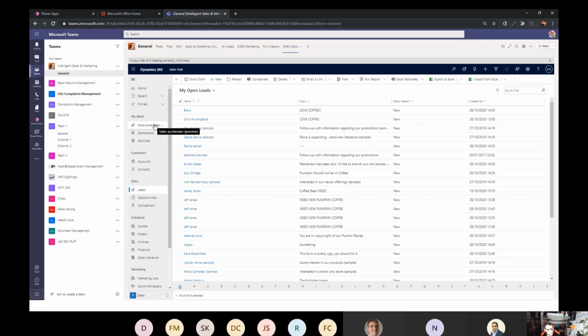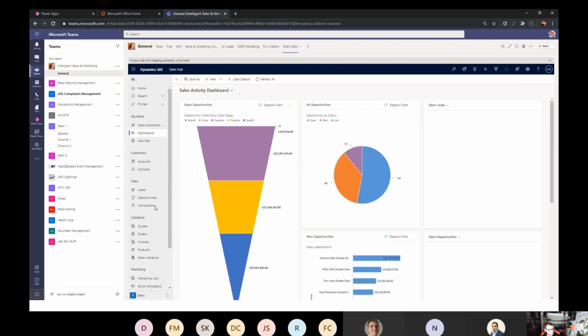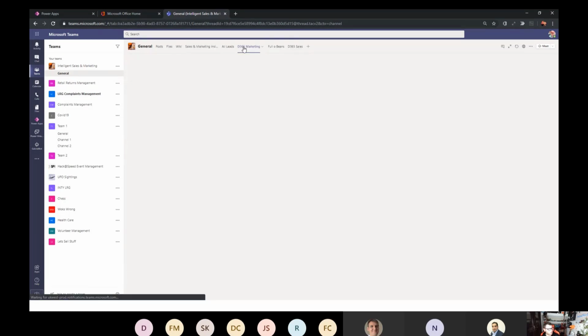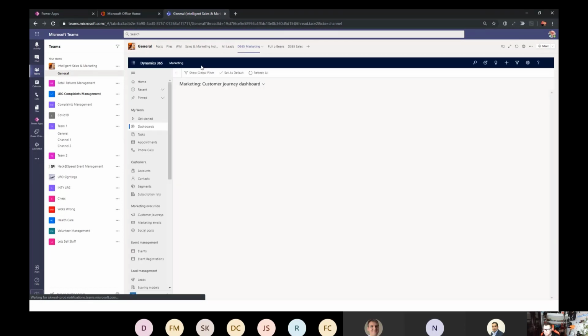But you can see in this app I've got loads of other stuff. I've got invoices, quotes, orders. I've got things called marketing lists, etc. This is out of the box. I have done no config here. I just turned the app on and it gave me all of this. That's pretty cool. These are Dynamics 365 applications that are out of the box. If I wanted to, I could quite easily go back to my marketing app and extend the